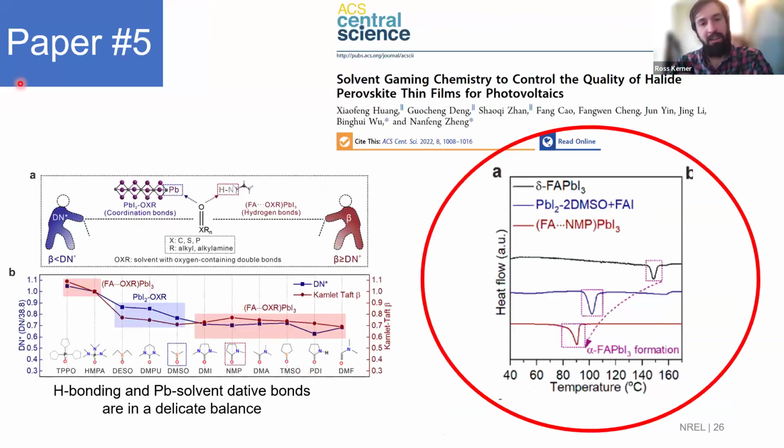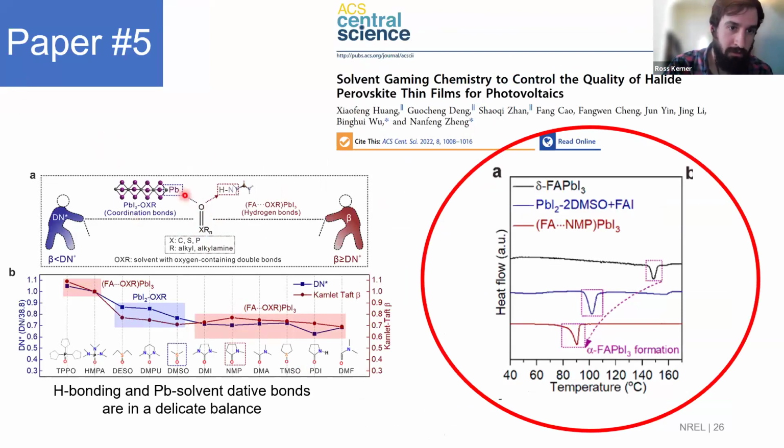And then paper 5 kind of goes beyond DMF, DMSO. This one is by the Nanfeng Zheng group, who are also leaders in this field. They were the second group whose database has an almost uncountable number of intermediate phases in the crystal database. But what they've come to most recently is this realization that the solvent is in a tug of